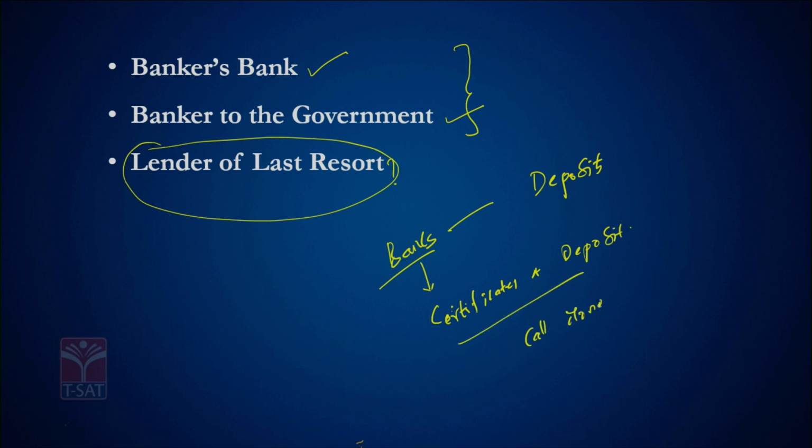But in case a bank is badly in need of money and is not able to raise money from the markets, in such a case the last resort or the last option that banks always have is RBI. RBI is the one who says, in case you are badly in need of money and you are not able to raise enough money from the markets, you are always welcome to knock on the door, and that's none other than the last resort, that is RBI. Hence RBI is said to act as lender of last resort to the bankers.